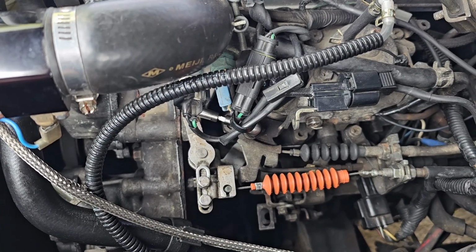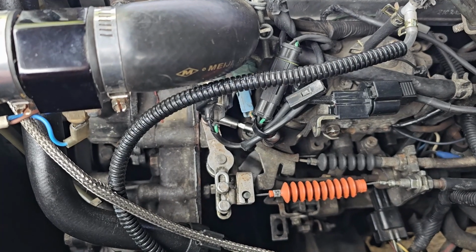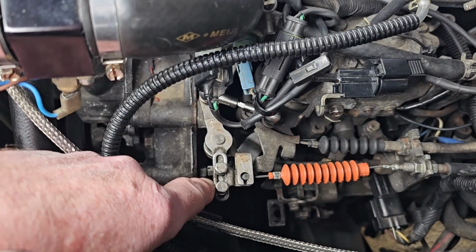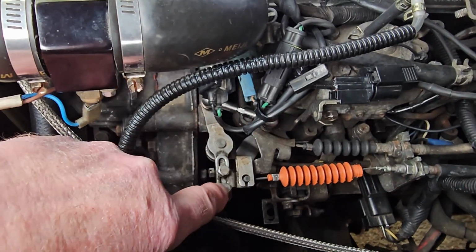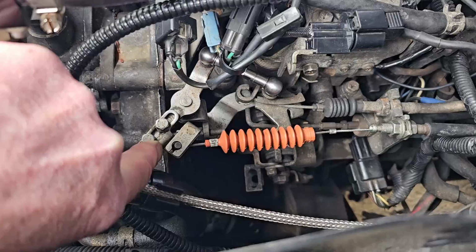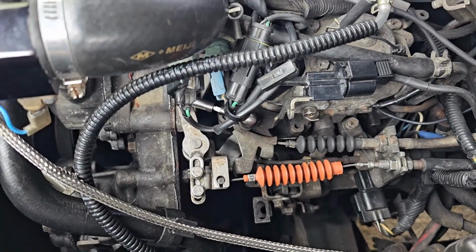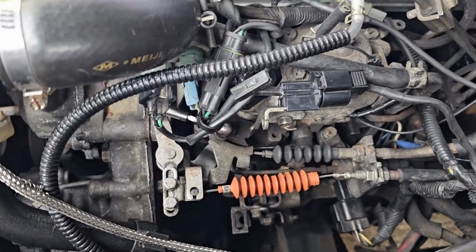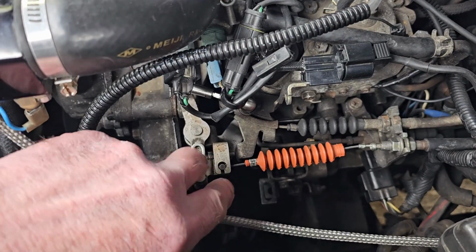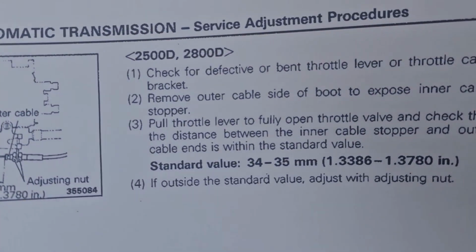The thing that I found was that no matter how much I adjusted this, I couldn't get that 34 to 35 millimeter distance. And the information on the Russian video suggested adjusting this. So when you open the throttle fully, this opens up, and therefore you could get that distance. Moving this in and out gives you a bit more fine-tuning. So basically I feel that if you're setting this up, adjust this so it just connects to there with no real pressure, and then when you adjust it fully open as per the instructions there,